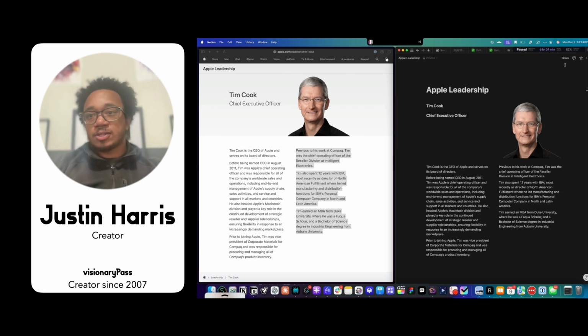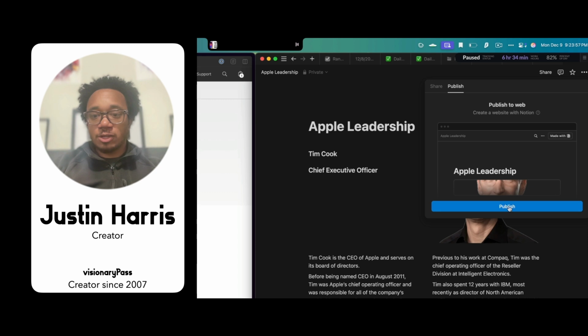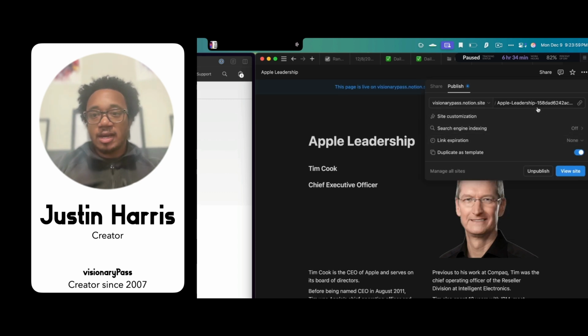And all we have to do is hit this share button at the very top, go over to publish. This is what that looks like. You press share at the top, you hit publish, and then you hit this blue publish button right here, and now we have successfully published this website to the web. We can click view site,